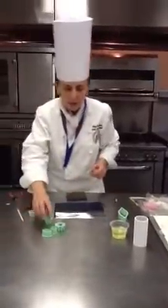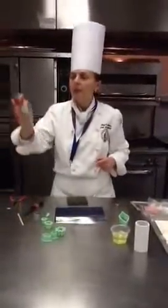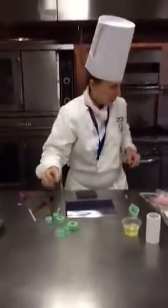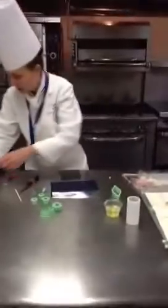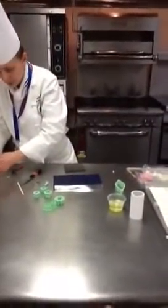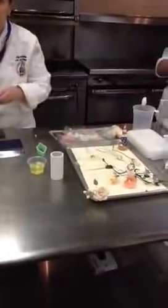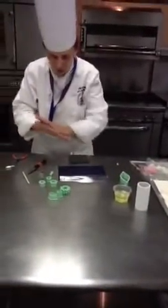The bottom of the rose, the calyx, is made from this 5-star cutter. Ready? I'll just demo that, but you can see here how it's placed on the flower. I think that's pretty self-explanatory, right? But I'll just show you that you want to